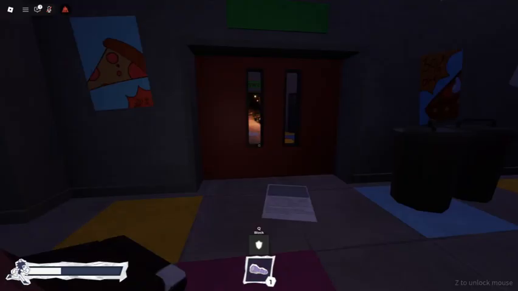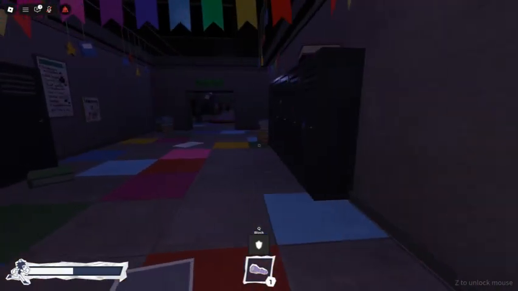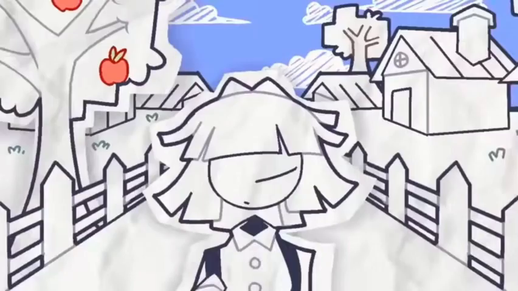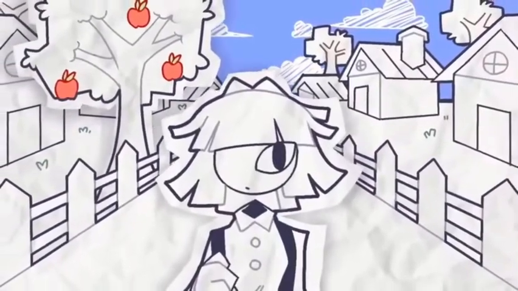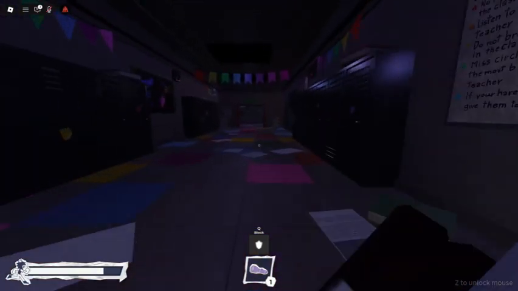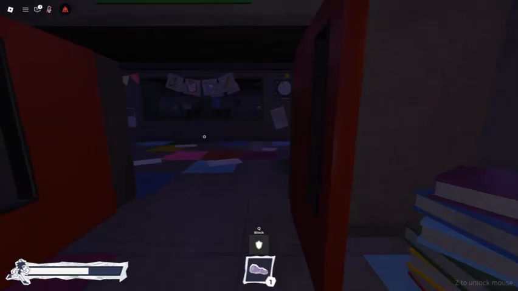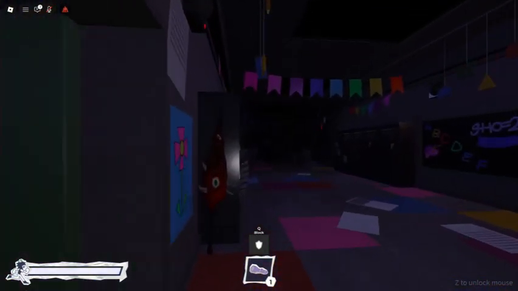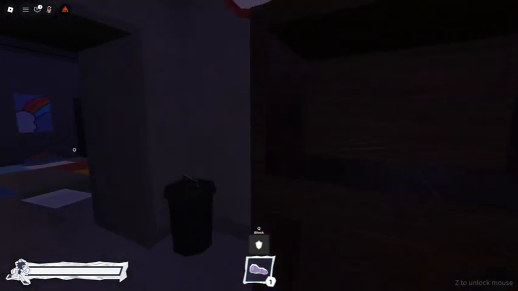Now, let me give you the quick little rundown of the animation and what happens in it. The animation starts off with a girl named Claire going to her new school. Very quickly, she sees that this school ain't no normal school. Things go south pretty fast. But basically, Claire enters the new school.